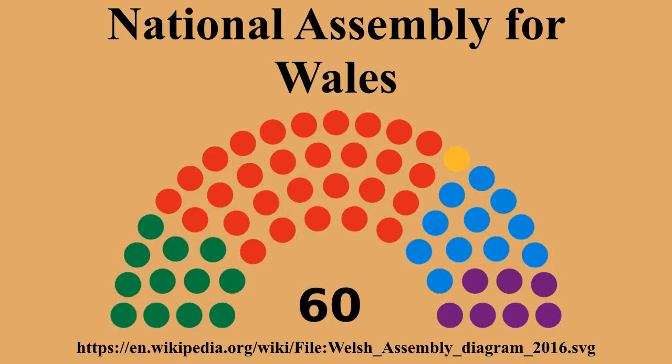Initially, the Assembly did not have primary legislative or fiscal powers, as these powers were reserved by Westminster. The Assembly did have powers to pass secondary legislation in devolved areas. Sometimes secondary legislation could be used to amend primary legislation, but the scope of this was very limited. For example, the first Government of Wales Act gave the Assembly power to amend primary legislation relating to the merger